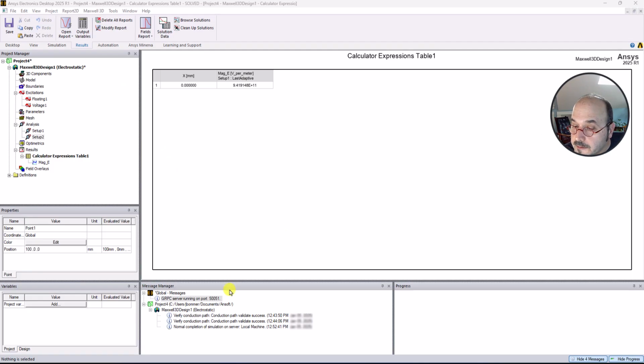Now, if you look down here in my message manager, the very last message that I got was a normal completion of simulation on the server. So compare the timestamps that you see here, and I'm looking at about a difference of 9 minutes. And the other thing I wanted to bring to your attention was if I go to